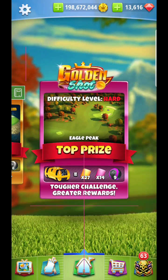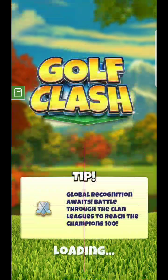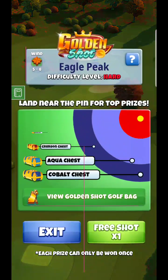I am back for a Golden Shot tutorial here. This is going to be for the Eagle Peak new course. One of the things I want to go over is that you probably want to make sure you're on the rookie tees and that you probably want to do this